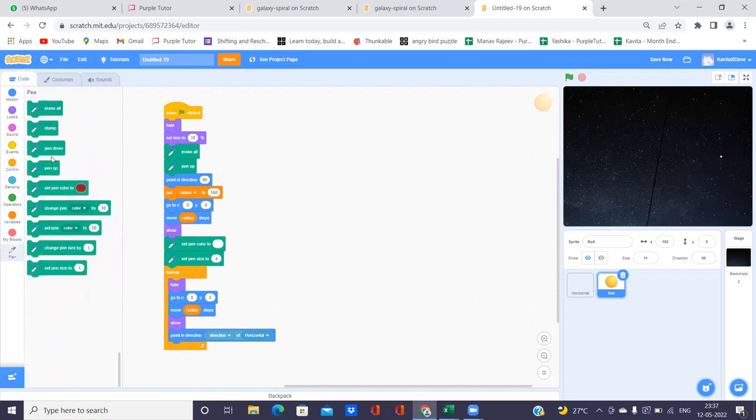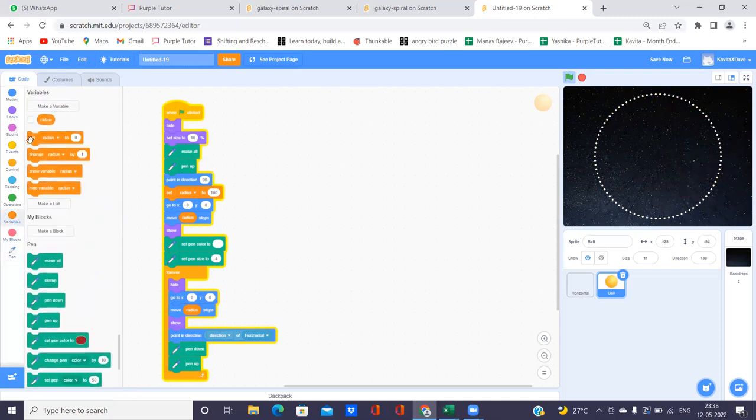So we will follow the steps like pen down and pen up. Okay, let's check what is happening on the screen. So you see, it is making a dotted circle. And what do we want? A spiral. So the last command is very, very important: how we are changing the value of the radius variable in every step. Again, go to the variable, take a set variable command here. This also we have to form very carefully. Come to the